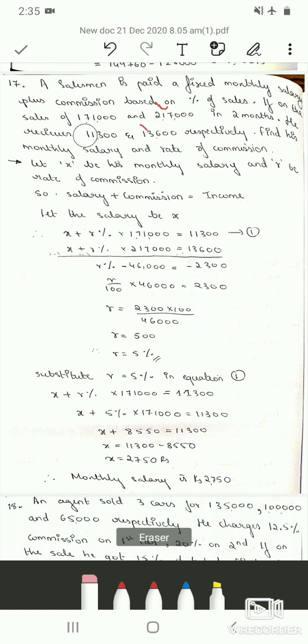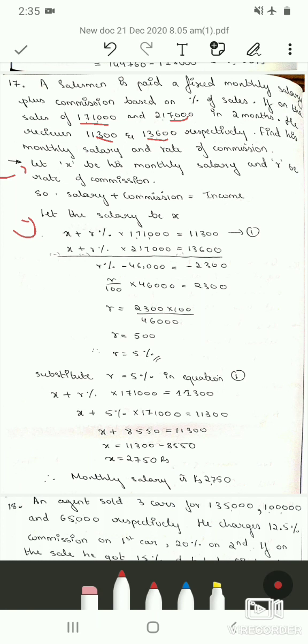So let's go step by step. First let us assume the monthly salary to be X and R to be the rate of commission. We know income is equal to salary plus commission. With this information we can form an equation,